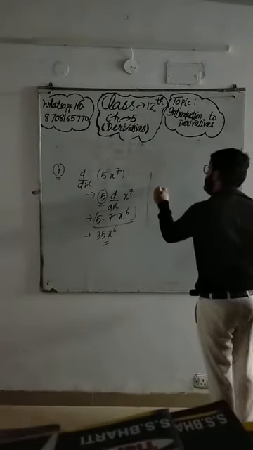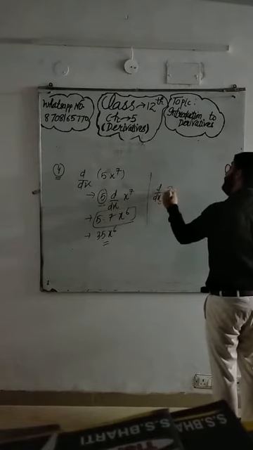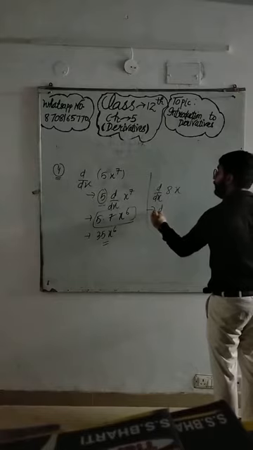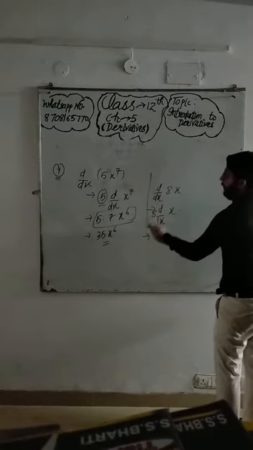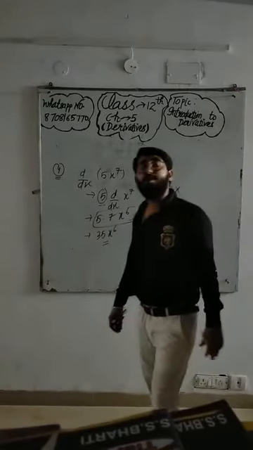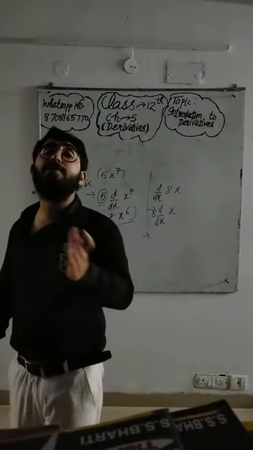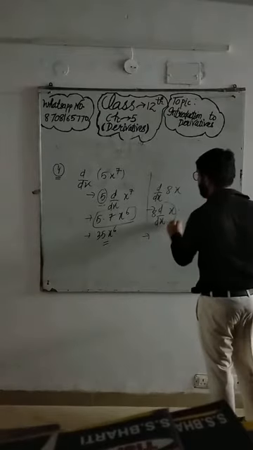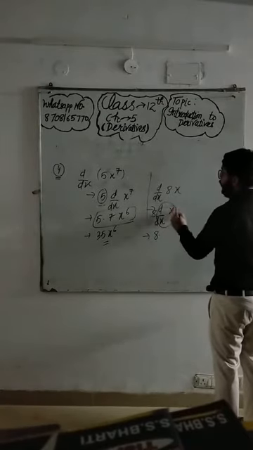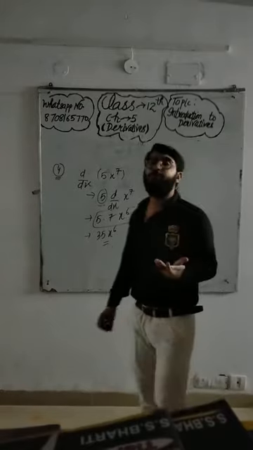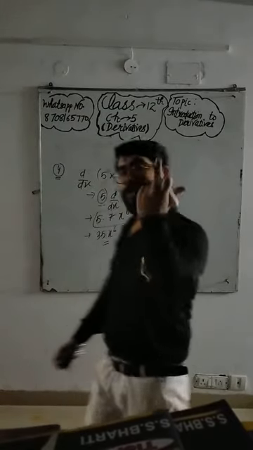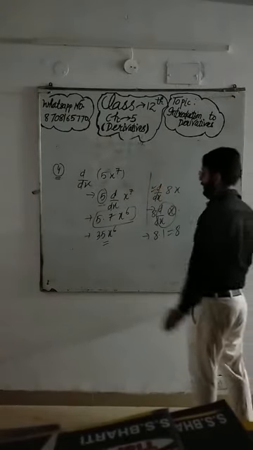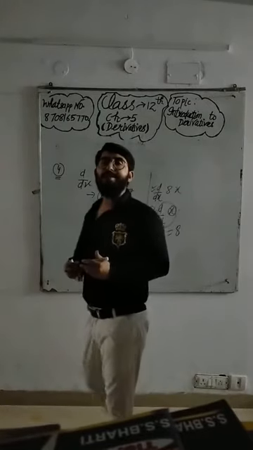First, it is d/dx of 8x. What will you do? Take the constant out. I have taken the 8 out. It is 8 times x, that is x plus x up to 8 times. d/dx of x is what? We have just learned, whenever we differentiate a function with respect to itself only, the answer is always 1. So the answer to this question is 8.